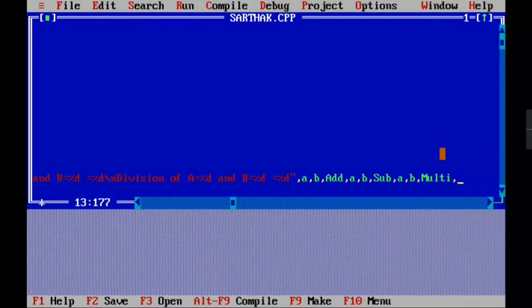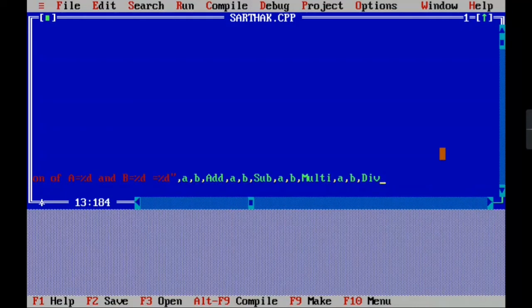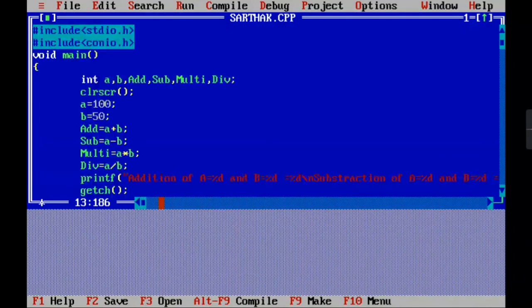In the place of the integers we have to write that value here. Now division of A and B is equal to DIV. Okay, now we are closing this. I also want to tell you one thing, that in this place we can't change it.